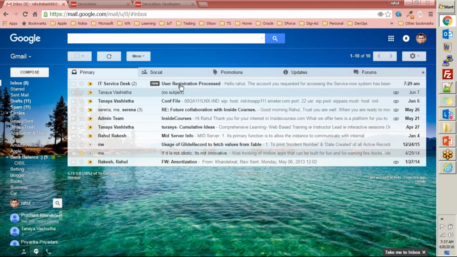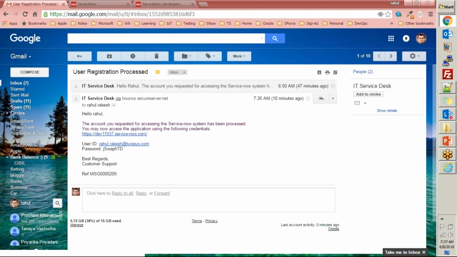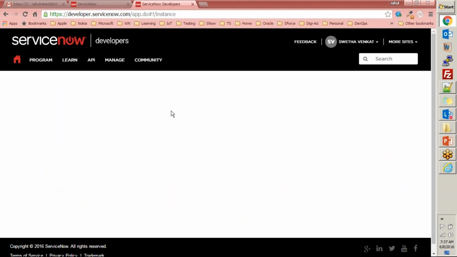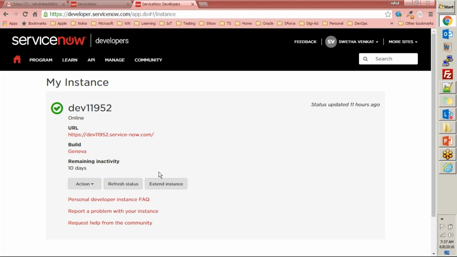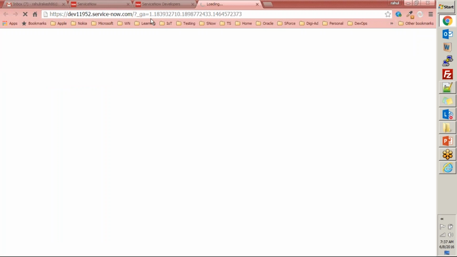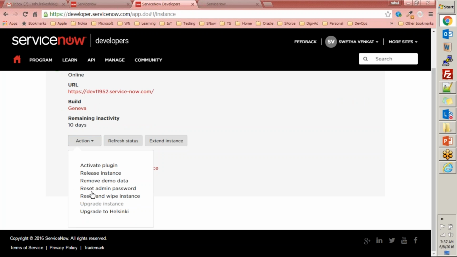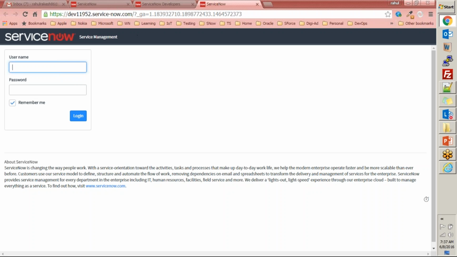So this time, this IT service desk email came to me and it says that this account creation request was placed. So this is to Kavi, right? And this is for the account creation request application. That module we have actually activated there. Now this is Shweta's instance. You have reset the password, right? You believe that the password that you have is correct.